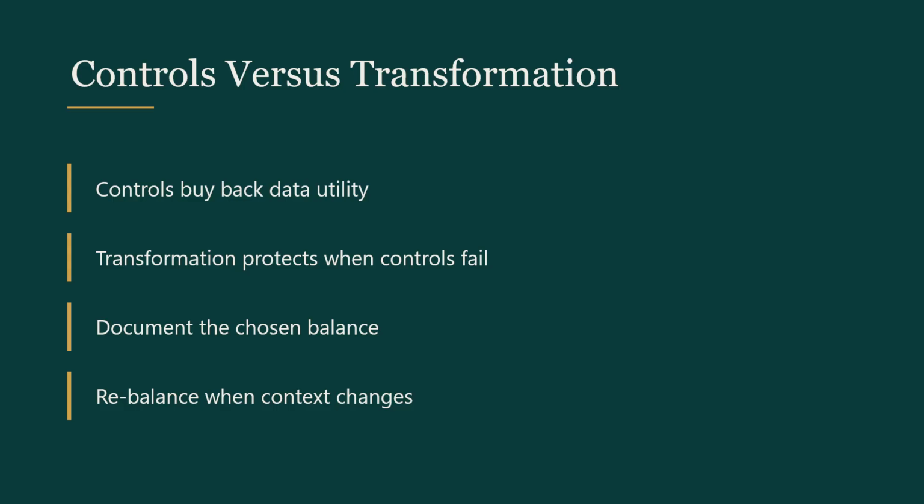3 sentences belong in every report you will ever write. Here is the balance we chose. Here is why this context supports it. Here is what happens if the context changes. And that last sentence has teeth, because when the recipient's environment degrades, when the agreement lapses, when the enclave becomes a download, the determination does not stretch to cover the new situation. It expires, and the analysis must be redone. Write the expiry condition into the report, name it, and give it a review date.